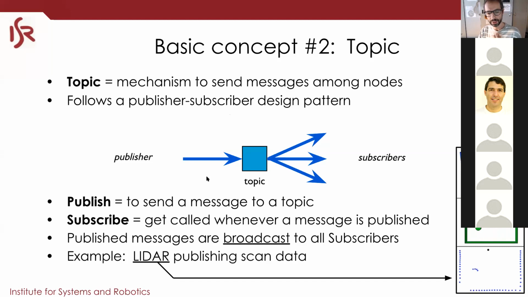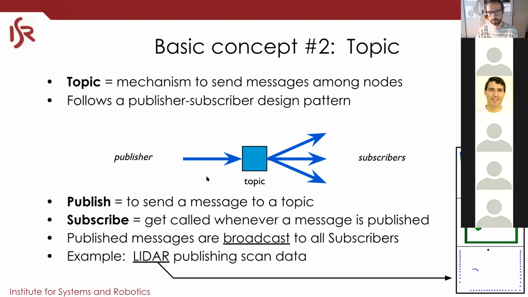And so a typical question is, can one process be a subscriber and publisher of the same topic? It can. Okay. Can you have multiple publishers? Yes, you can. So you can have multiple processes publishing to the same topic, and you can have zero or more publishers. You can have zero or more subscribers. Okay, you don't need to do anything to create a topic. There is no need to explicitly create the topic. The topic is implicitly created once you have one publisher that advertises the publishing, that is able to publish, or every time you have one subscriber that subscribes to that topic.